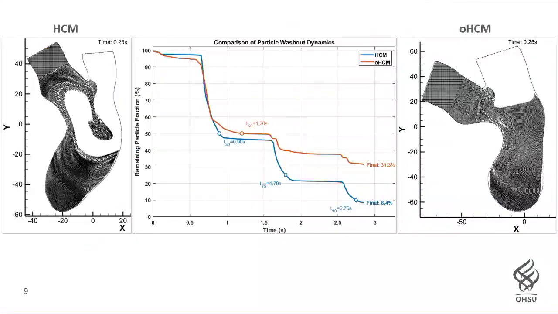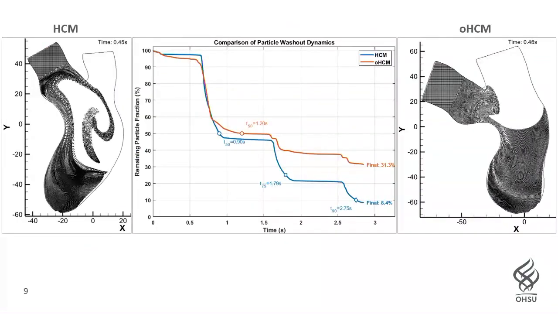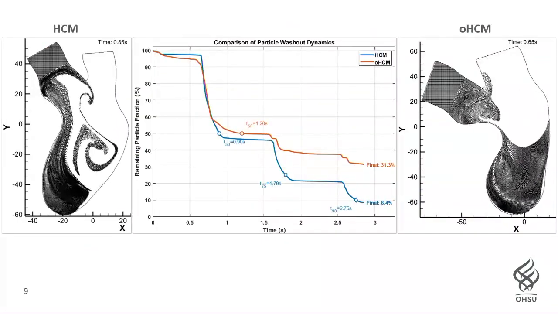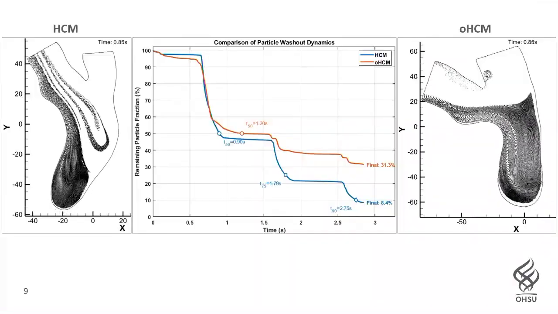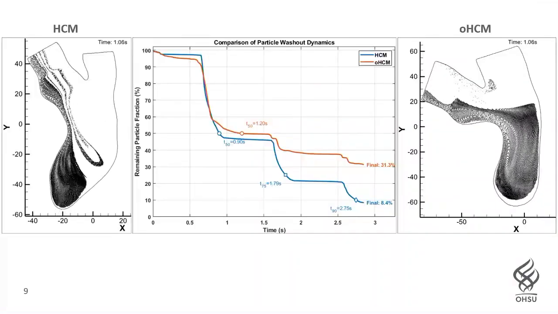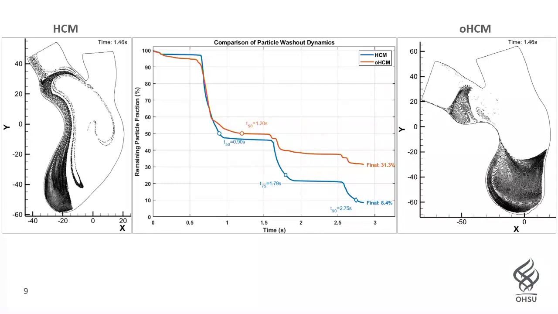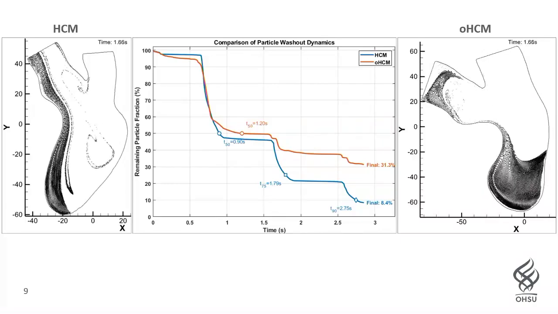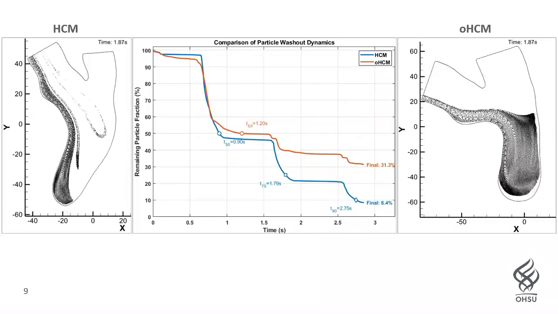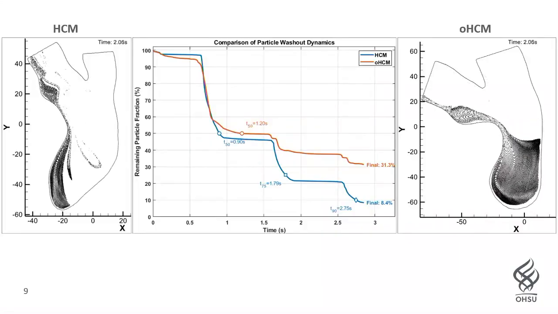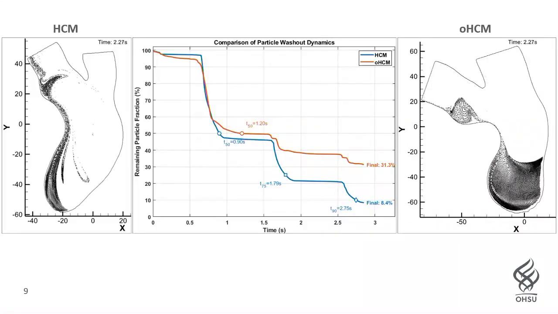And with the particle analysis, we can look at the particle washout. This is important for the left ventricle because every time we want the fresh blood inside the left ventricle; the old blood must be replaced with the new blood. And with the particle analysis, I just add the black particles at time 0, and then I track all